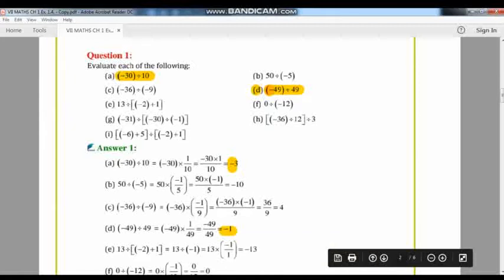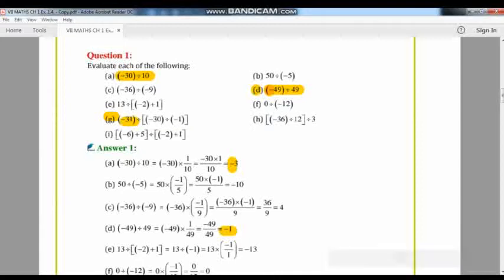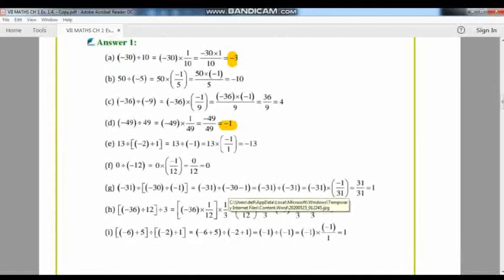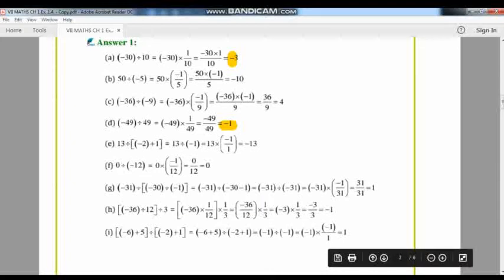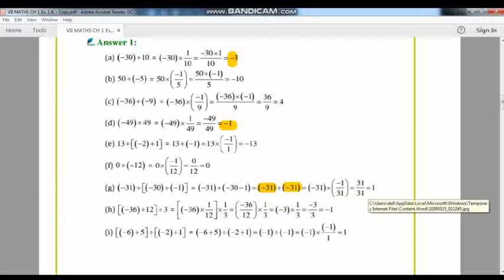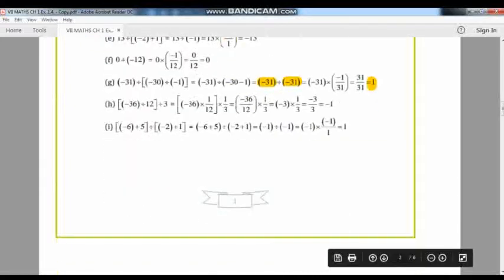Coming at the G, we have to divide minus 31 by minus 1. Looking at its solution, first of all, minus 31 divided by minus 1 will be minus 31 itself, clear? So it is coming minus 31. Now we have to divide minus 31 with minus 31, so the minus minus will become plus, and when we are dividing 31 with 31, the answer will be 1. So the answer is positive 1.